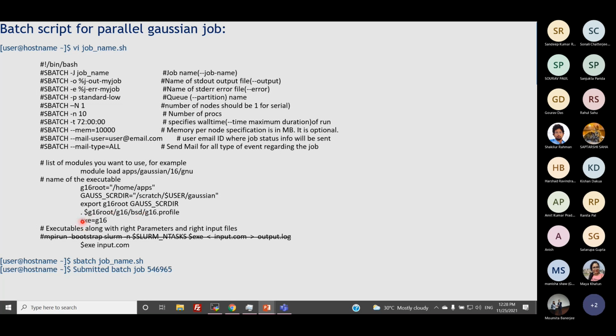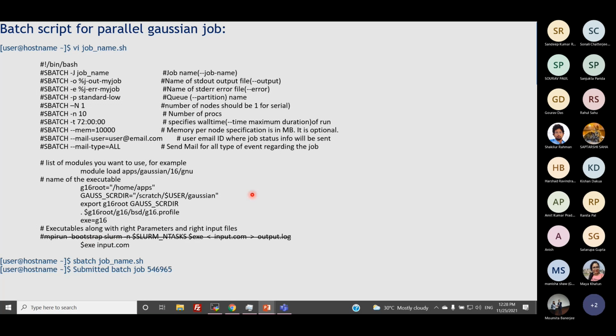And finally, the executable is g16. The last line we are adding here is g16 input.com, that is the Gaussian input file. Here, for Gaussian 16, you do not need mpirun or that type of multiprocessor command, as it is already inside Gaussian 16.